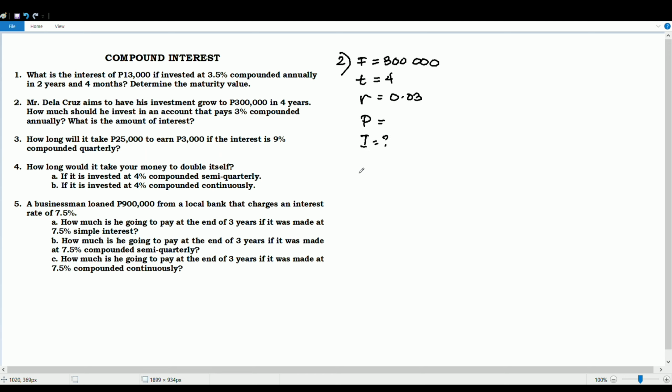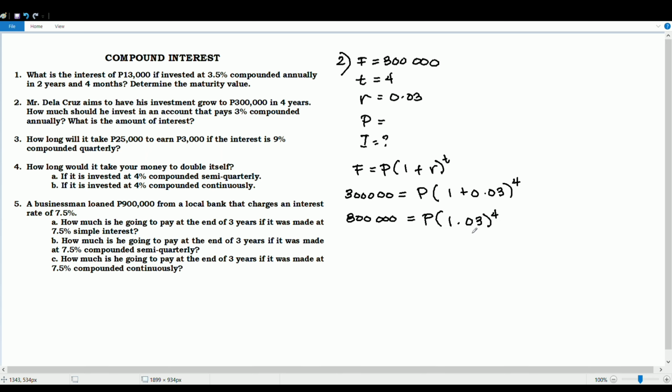In that case, we will be using the formula F equal to P times 1 plus R raised to T. Our F is 300,000 pesos, which is equal to P times 1 plus 0.03 raised to 4. Well, in that case, we have to solve for the value of 1.03. So we have 300,000 on our left is equal to P on our right, that's 1.03 raised to 4. We have to evaluate this 1.03 raised to 4, which is equal to